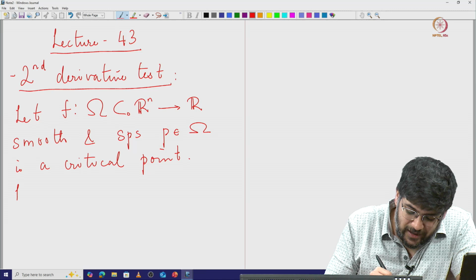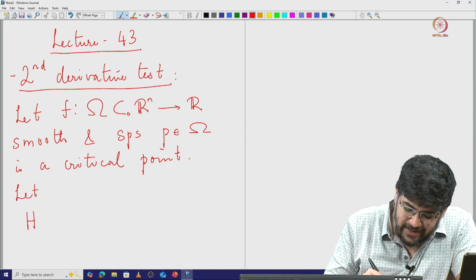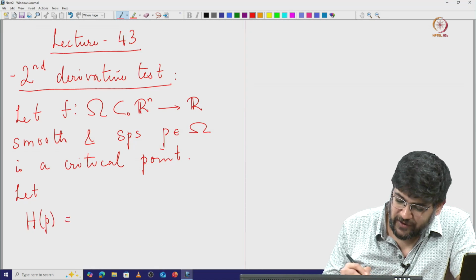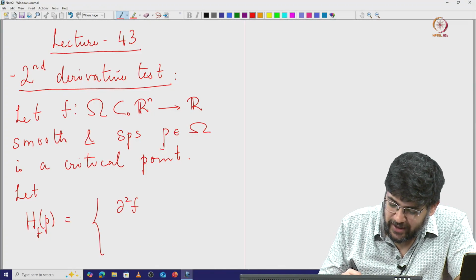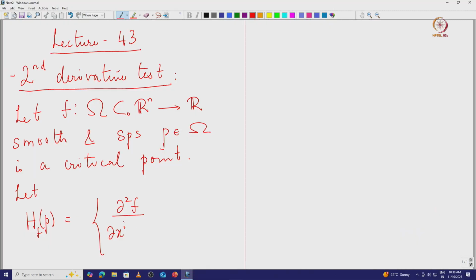Let H of P be the Hessian of the function at P, so this is del squared f by del xi del xj at P, where i and j range from 1 to n. Then by Clairaut's theorem, H of P is a symmetric matrix. So the second derivative test says the following: